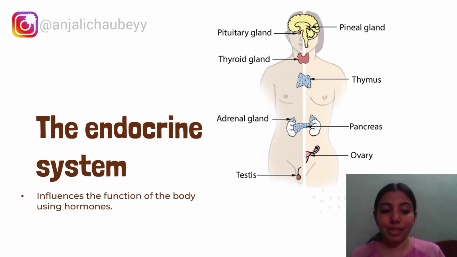The next system is the endocrine system. The endocrine system continuously monitors the amount of hormones in the body. Hormones are signals for cells and tissues. The hormone balance is very vital for body function and for human health. The hormones help in maintaining homeostasis, and we have discussed the importance of homeostasis.